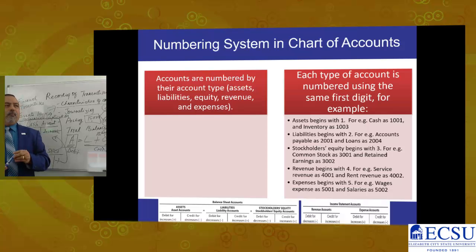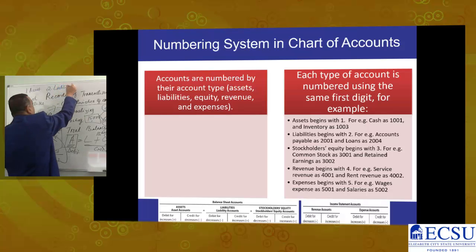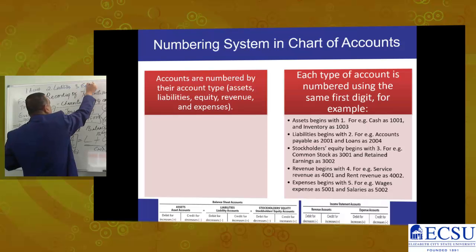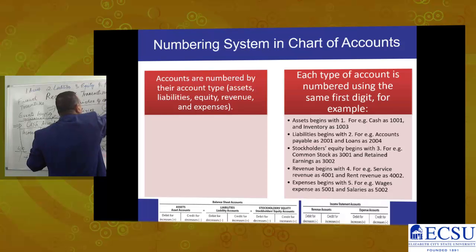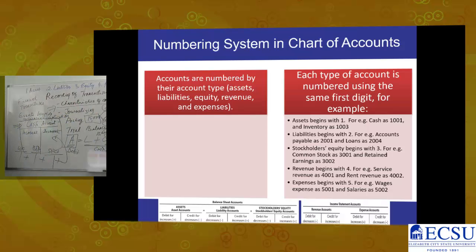All right, now next thing we are going to move on. This is an important concept. Accounts are numbered by their account type. So you have to understand that concept very, very clearly. That is, if you are having an asset, that number will always start with 1. If it is a liability, it will always start with 2. If it is an equity, it will always start with 3, and then 4 will be the revenues and 5 will be the expenses. So these are the numbers that we use